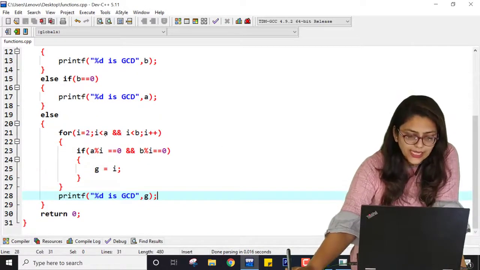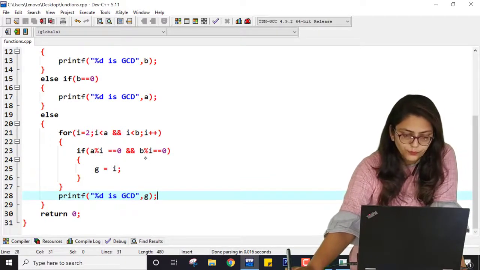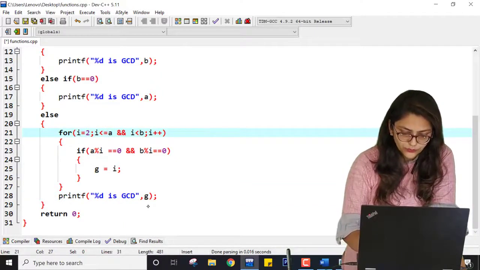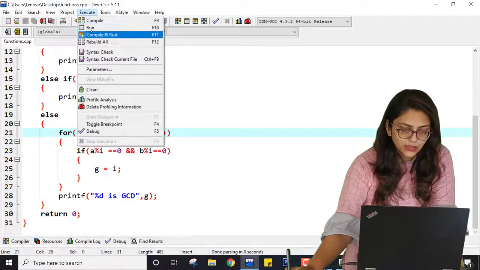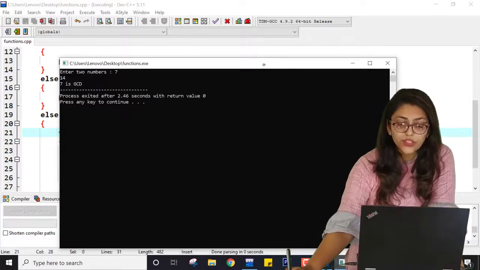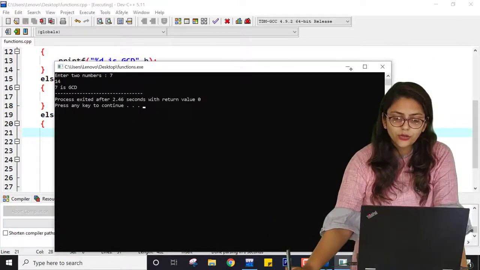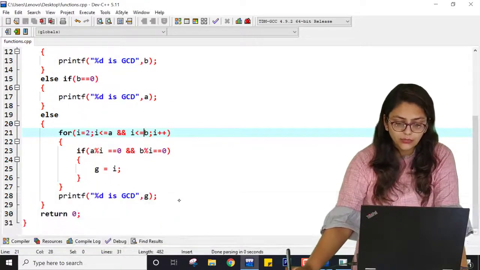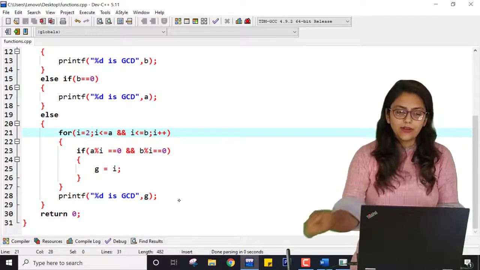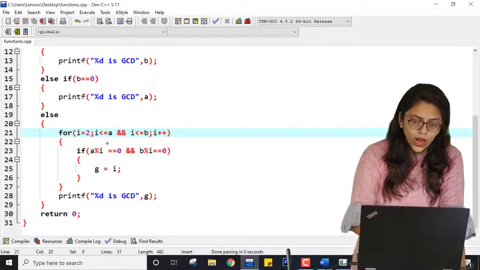So I am entering 7. 7 divided by 2 equal to 0? No. Okay, it is happening because I have not taken the equal to condition. Right, now the answer will be there. For 7 and 14, the answer is 7, which is correct, right? So 7 is the greatest divisor of 7 and 14. You can check this logic for any number. As 7 is a prime number, it was going up to 6 only because of the condition I had written. So now the code is correct.